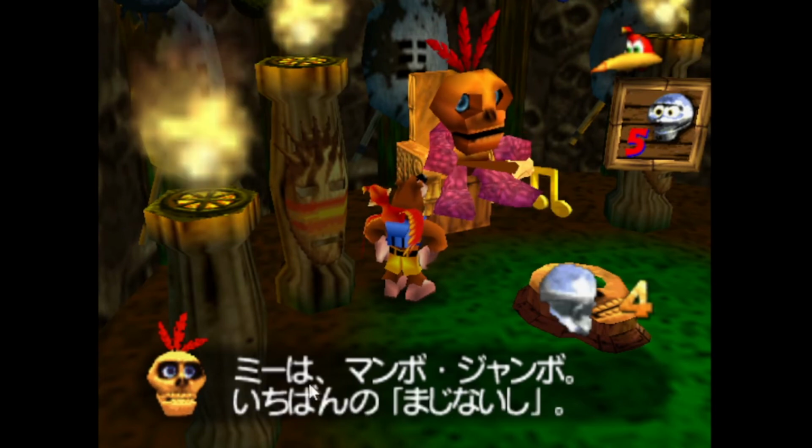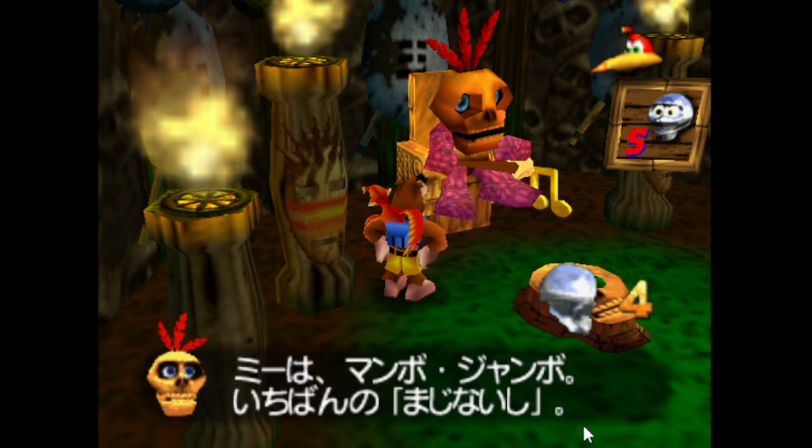Okay, me wa Mumbo Jumbo. So just I am Mumbo Jumbo. Ichiban no majinaishi. Huh. Okay. Oh, majinaishi? Huh. Let's look that up. Anyway, Ichiban just means, you know, the number one or the best. Let me look up that other one. Oh, well, majinai.